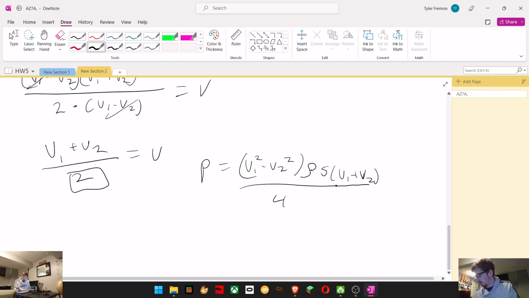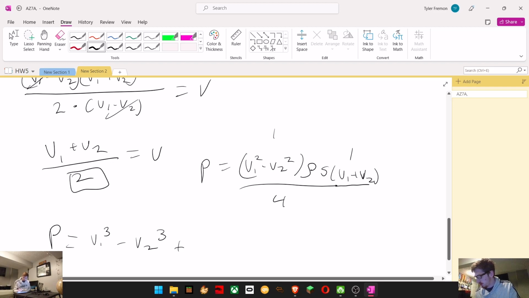And then we're actually going to multiply these two terms through. So we have P equals V1 cubed minus V2 cubed